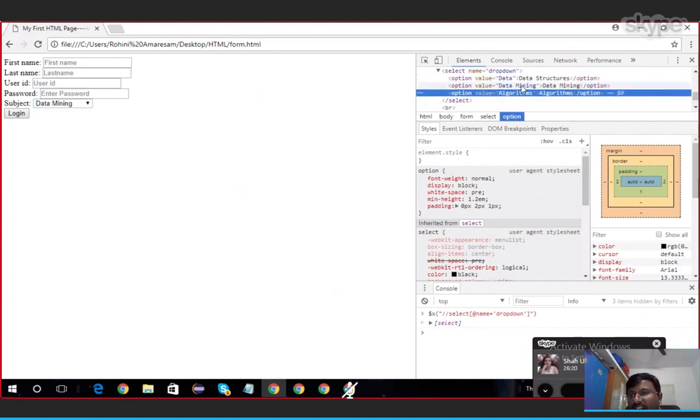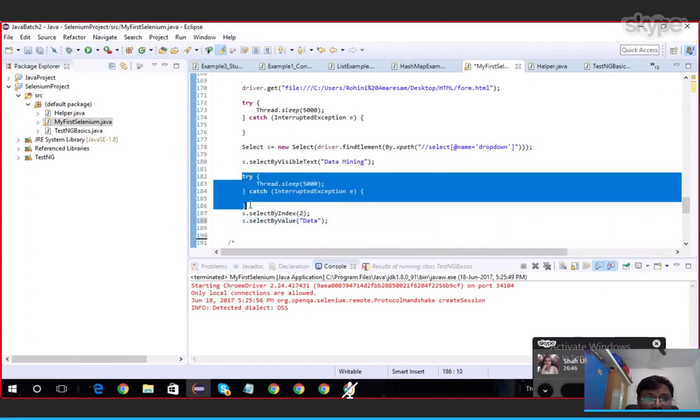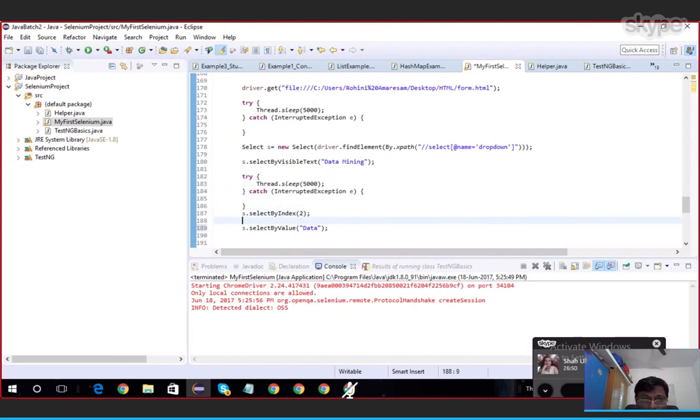In my program, first we select data mining, then using index we select algorithms, then by using the value we'll select data structures. Pass that data, select by that, and give some time to observe the changes.